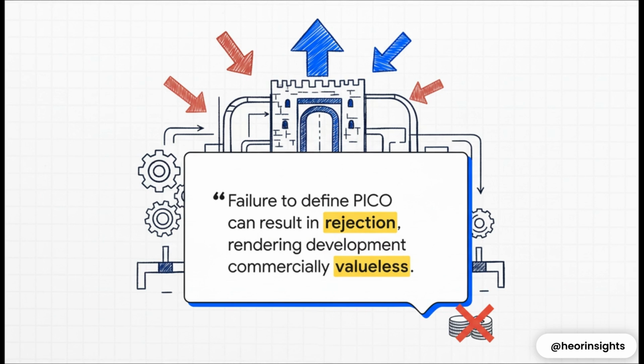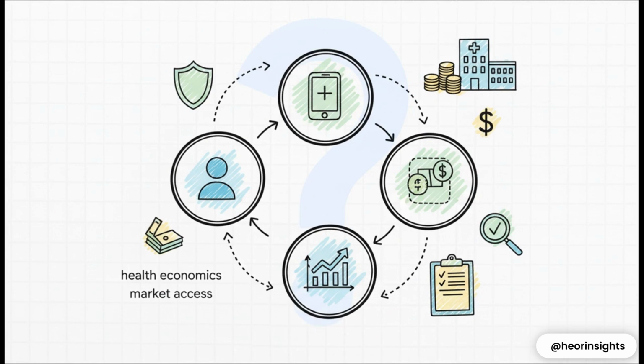You can think of it as the architectural blueprint for all the evidence generation that follows. An error at this foundational step will have severe consequences for a product's access to the market. The PICO framework is the essential tool to make sure your research answers the right questions for the right audience. You have to use it methodically to build a body of evidence that clearly demonstrates value, meets the needs of decision makers, and ultimately secures market access. If you get it right, you lay the foundation